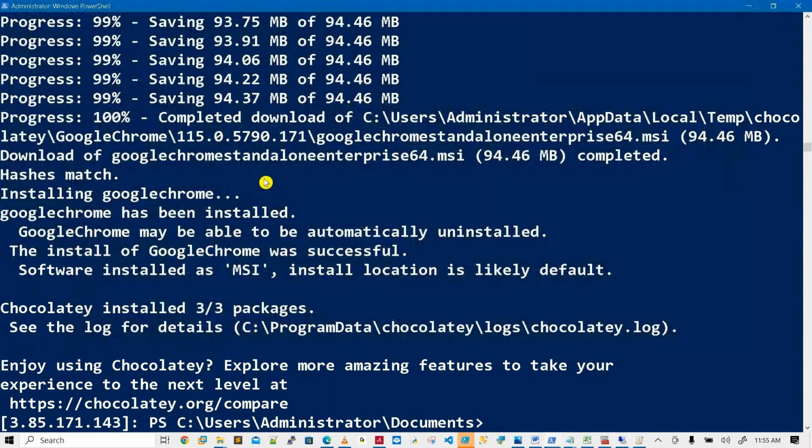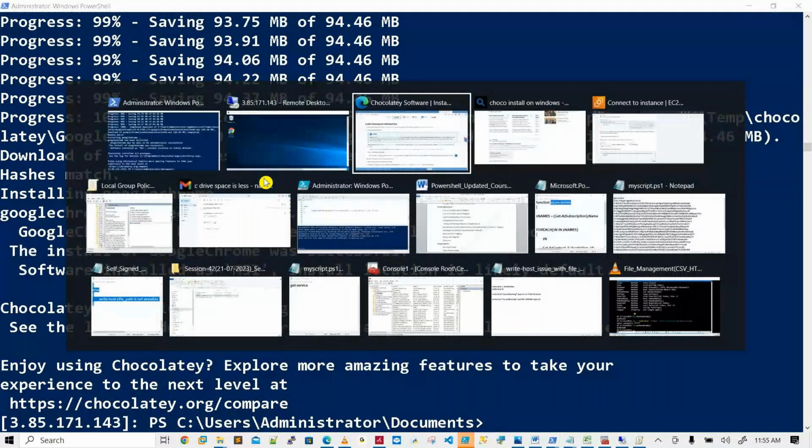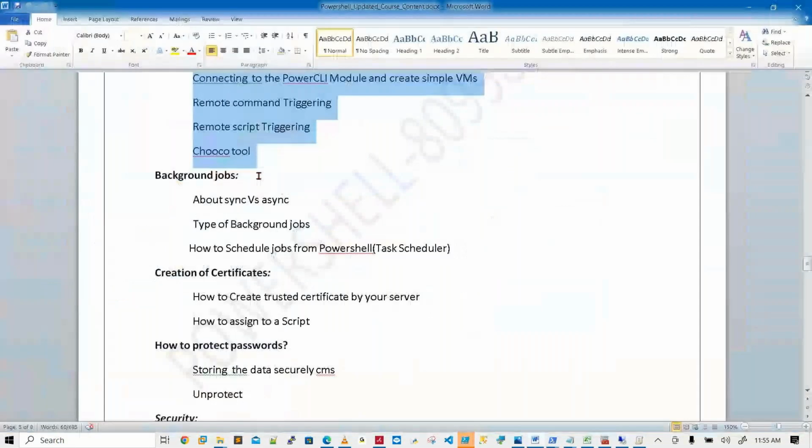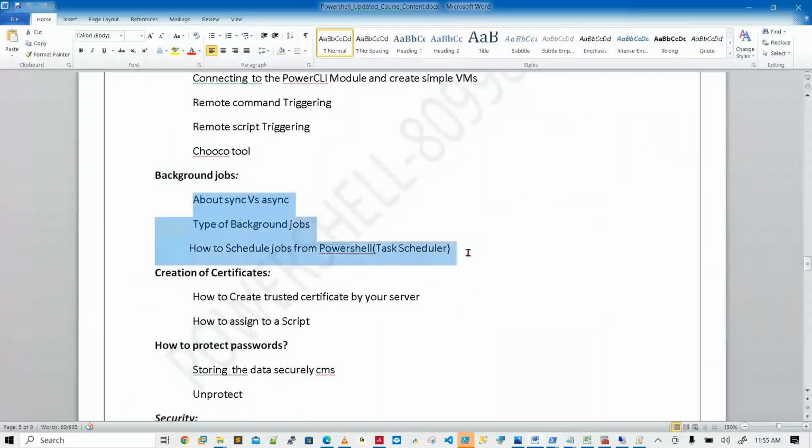The sixth loop is there. Total six loops are there. The sixth loop will give clarity on how to work with remote servers. That's a big content. It is not possible to discuss this content in 1 hour: how to run the scripts in the background, and how to create a task scheduler.